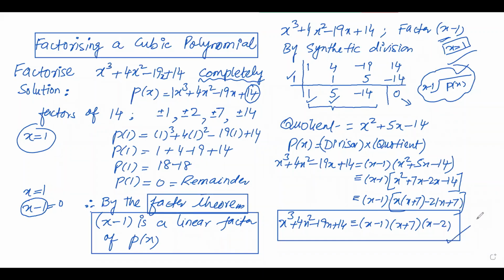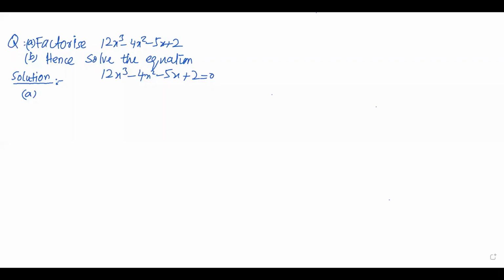So, another question. Factorize 12x cubed minus 4x squared minus 5x plus 2. And the B part is: hence solve the equation 12x cubed minus 4x squared minus 5x plus 2. So for the A part, for the factorization, first we'll use the factor theorem to find a linear factor of this polynomial, and then we'll find the quadratic factor by dividing